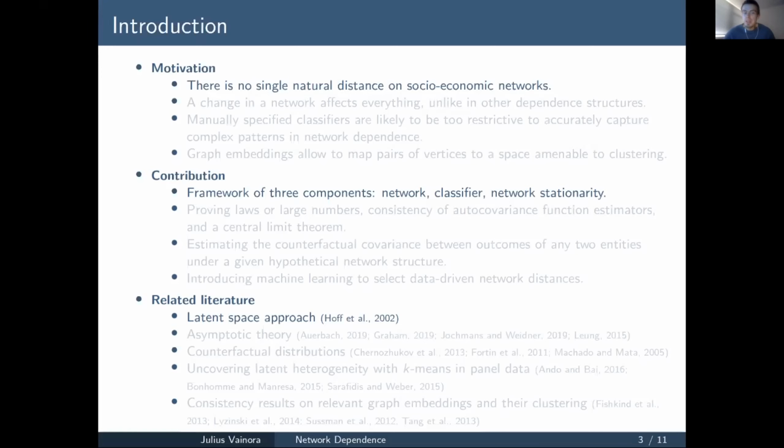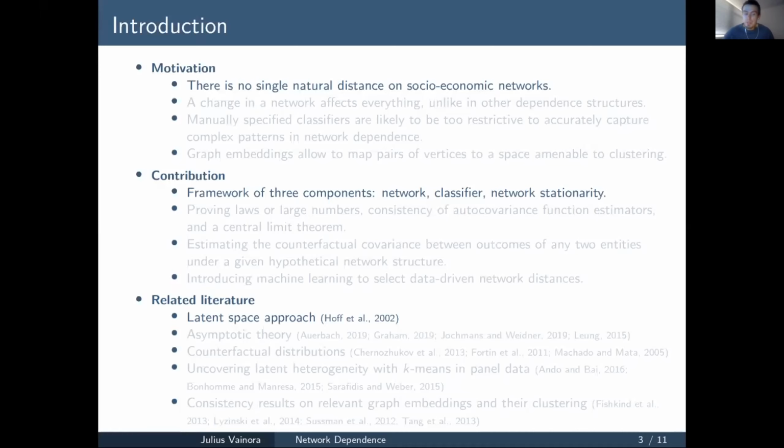general motivation, I propose this framework consisting of a network, then what I call a classifier, and the classifier is something similar to a very general distance. It doesn't have to be an actual distance, but it's a certain graph statistic for 2 vertices. And lastly, there's network stationarity, which is a very similar type of stationarity as in time series, as you will see. And this relates to all kinds of network dependent structures,